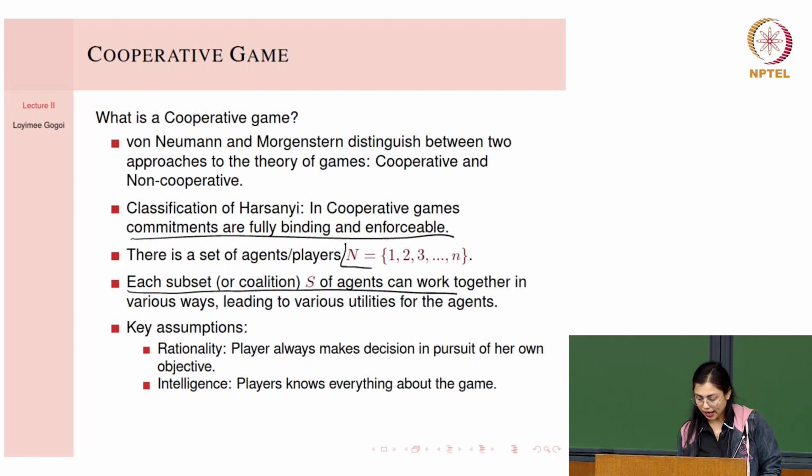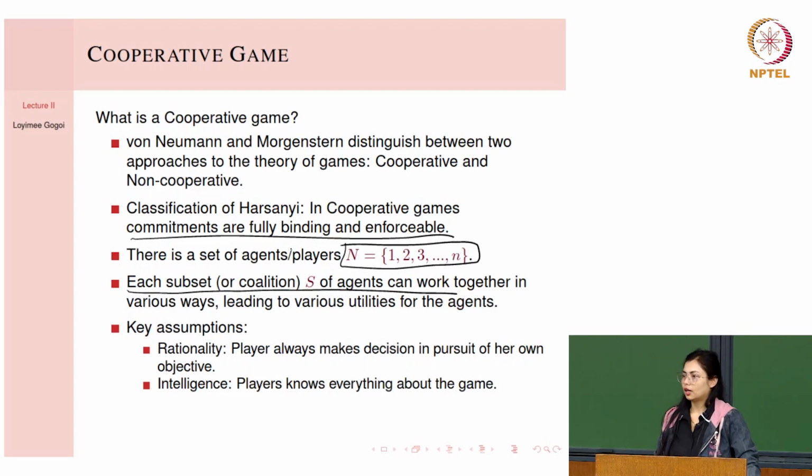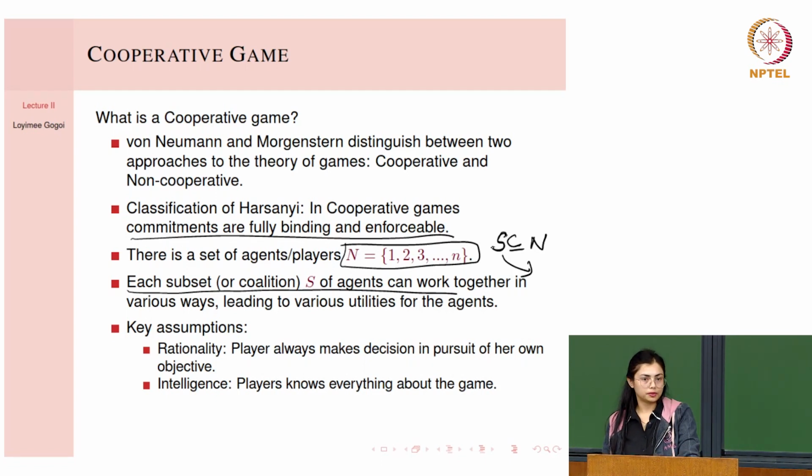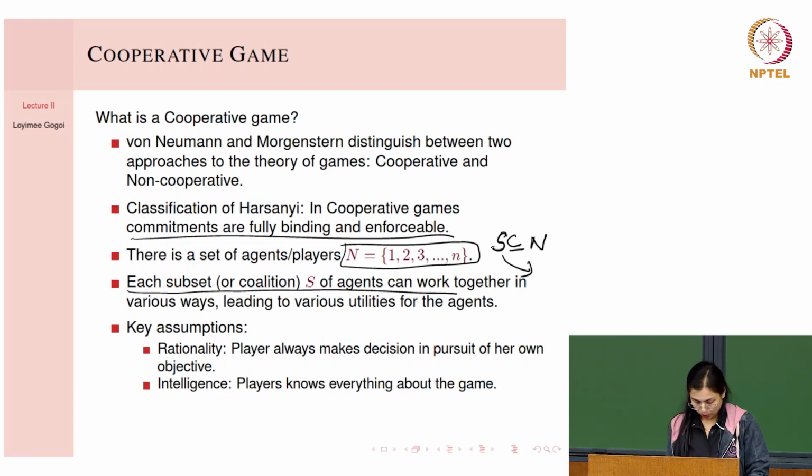So if I have n number of agents, as I said, they will form some coalitions. Coalition means it's actually a subset of n. So any subset of n that they try to form, we call a coalition. Okay? That is important to us, what we mean by coalition. So once they have formed coalitions,